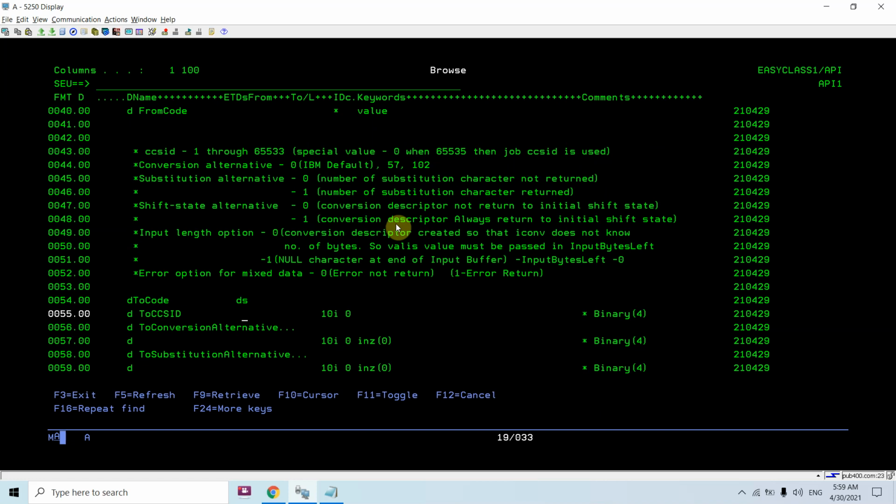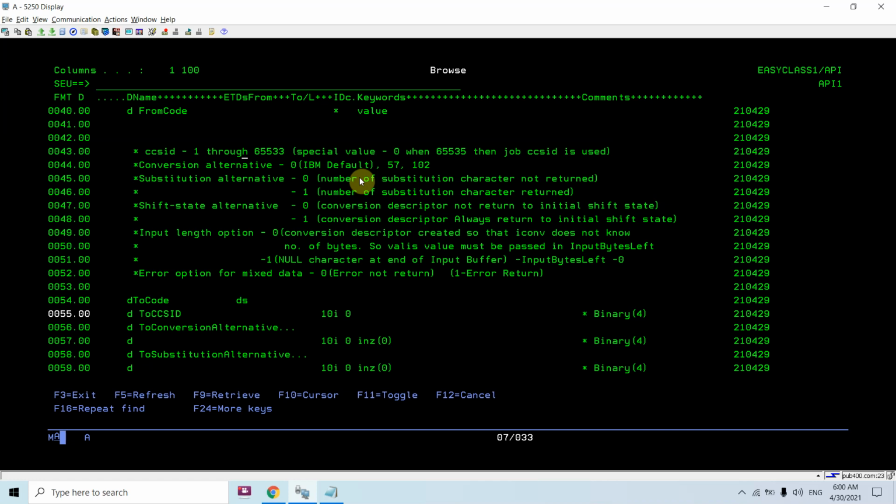So let me tell you what they are. The CCSID we can pass from 1 to 65533 in to or from, but there is a special value which we can pass, that is 0, which means that we want to use the job CCSID. We do not want to give the from CCSID; we are going to use the job CCSID directly.